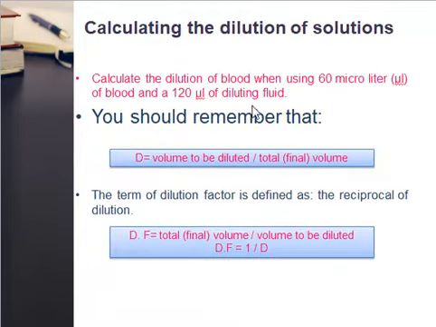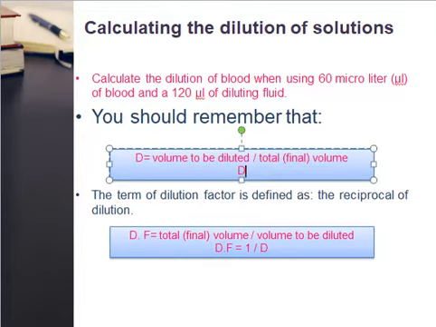To apply the dilution formula, here is an example: calculate the dilution of blood when using 60 microliter of blood and 120 microliter of diluting fluid. You should remember that the dilution equals the ratio between the volume to be diluted and the total or final volume. So if we apply this formula, the dilution equals the volume to be diluted, which means 60 microliter of blood